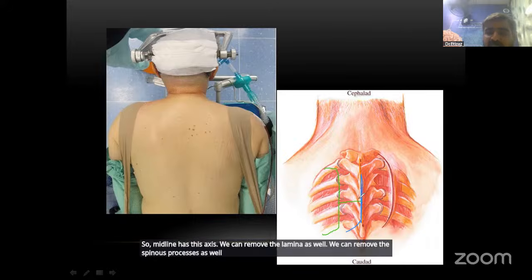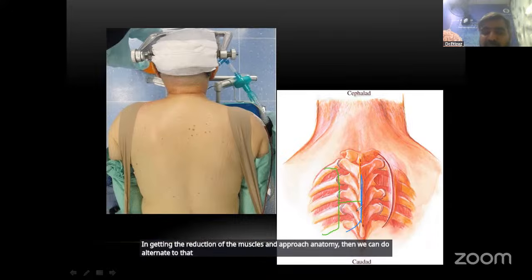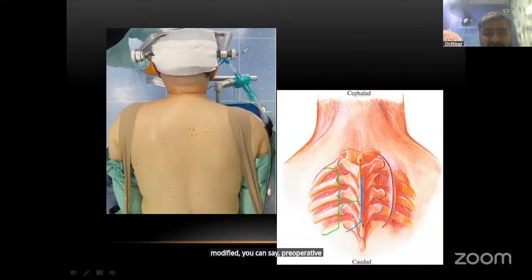So it has a lot of corridors and alternatives. Operatively, when you feel difficulty in costotransversectomy in getting reduction of the muscles and approach anatomy, then we can do an alternative to that one, where we remove the lamina, and that will be a modified operative technique. Okay, in this one